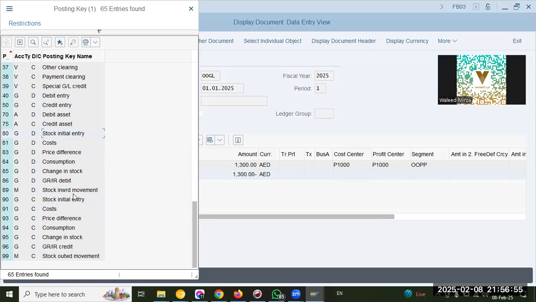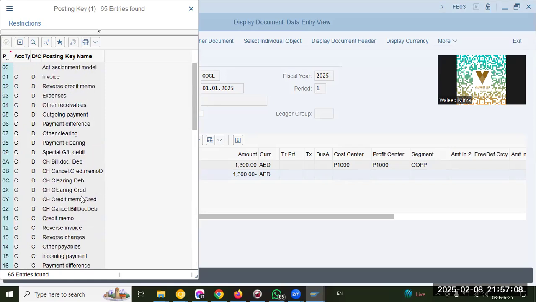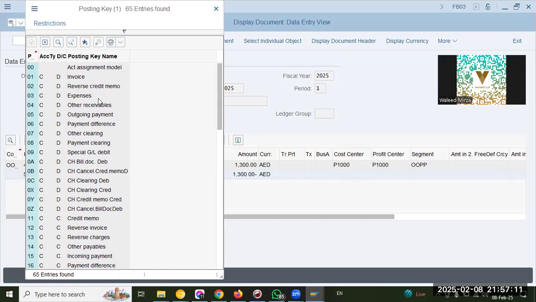Okay, the 8 series is for stocks. 9 series is for price differences, changes in stock, GR, IR, credit. Okay, so 9 and 8 are falling for the material inventory part, because material has to register financial impact, and